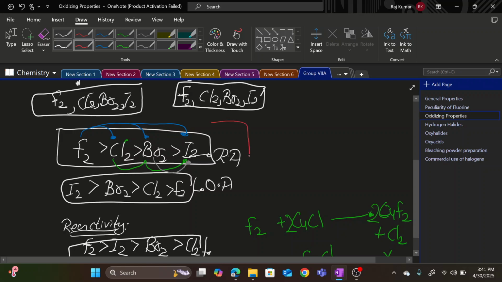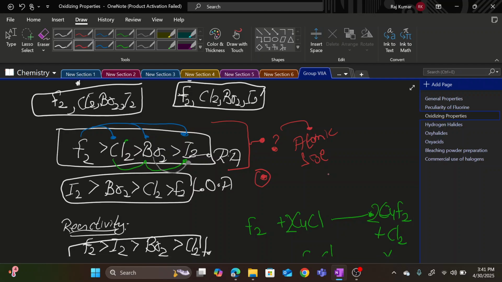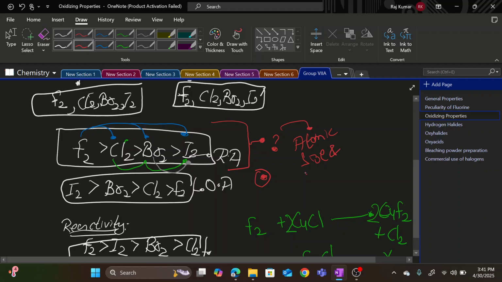Now let's understand why this happens. Why does this pattern follow? This pattern follows because of the atomic size. Fluorine has a very small atomic size, and that small atomic size can actually attract electrons towards it due to its high electronegativity, due to which it can easily attract the electrons from chlorine as well as the electron pair from bromine